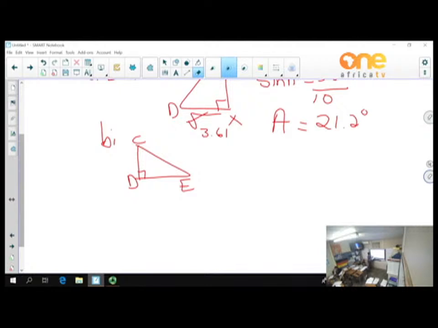CE is the same as DB, which was 7.16. Okay, so you could choose any function to use here. Any of them we can use there. We have to calculate CED. This is the one. So I'm using tan again. So tan E is then equal to 4 over 6. It's always good